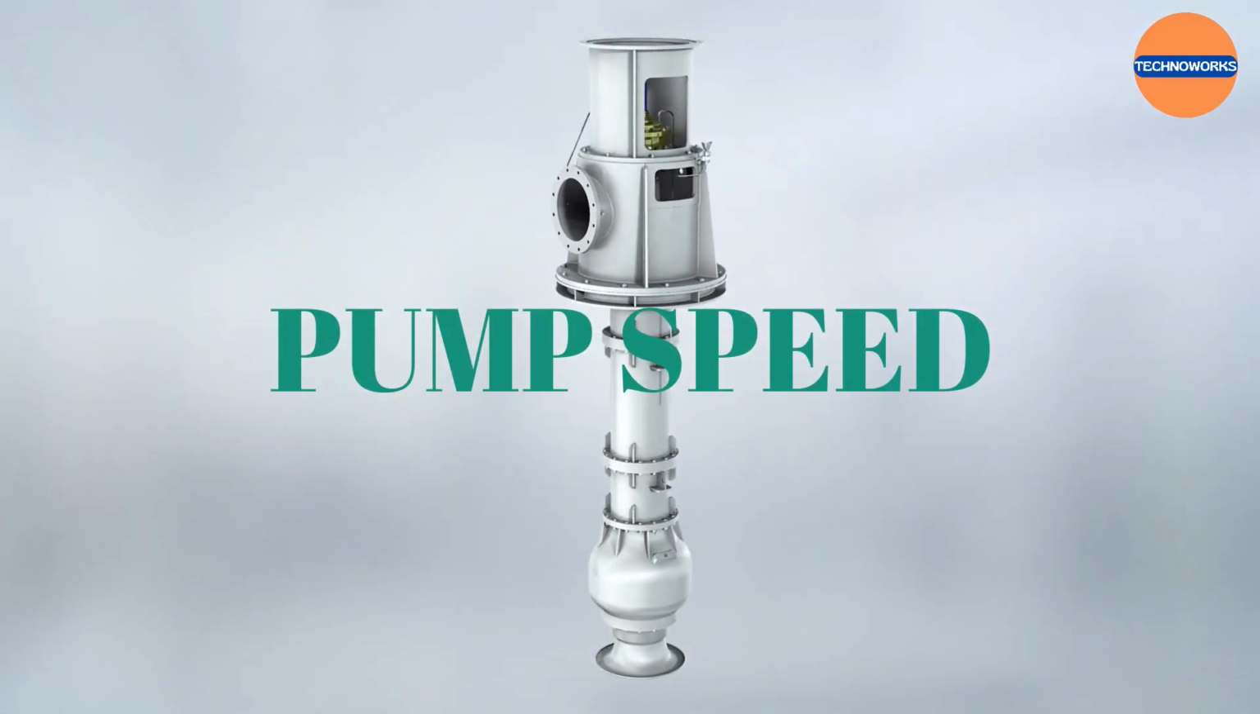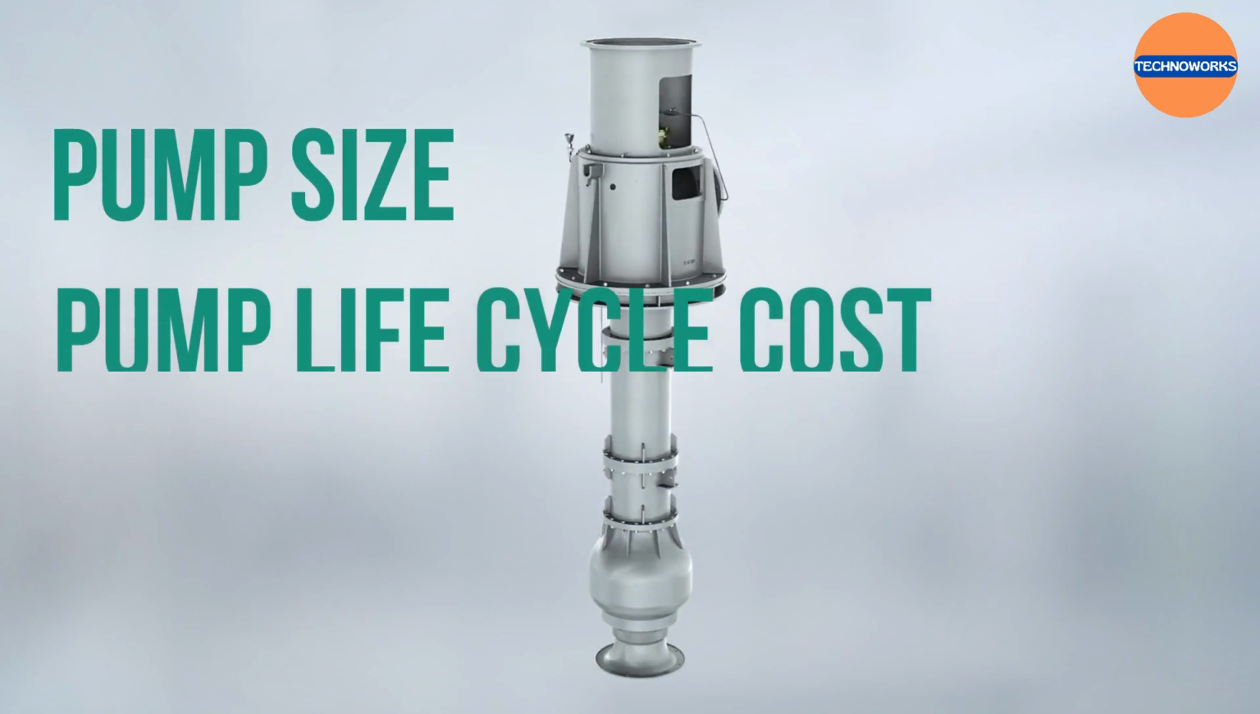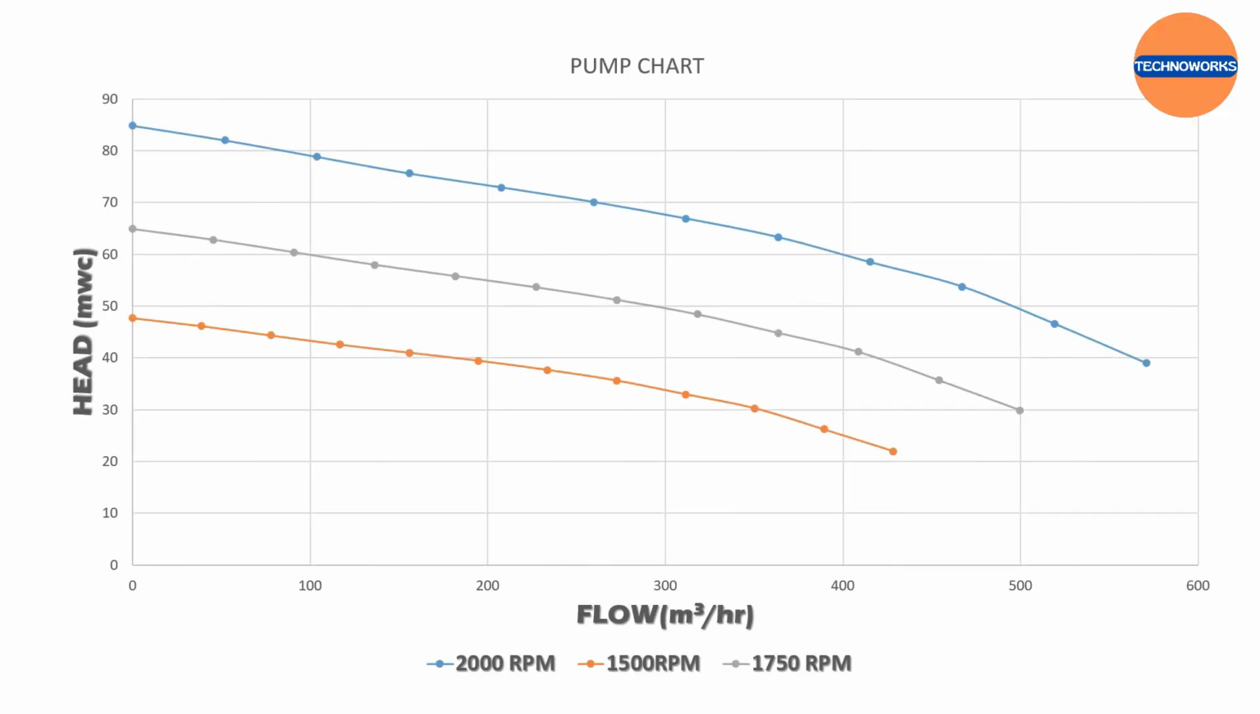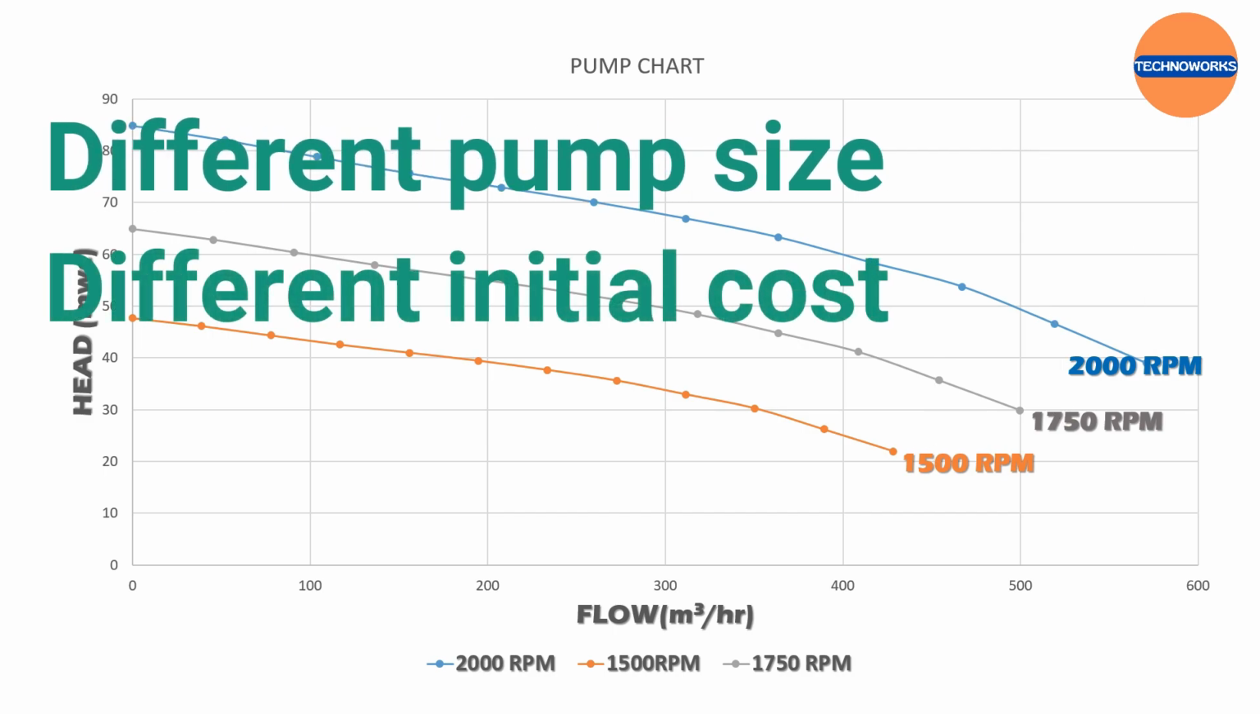Pump speed is the most essential parameter, since it governs not only the pump size, but also the pump life cycle cost. For a particular pump rating and configuration, more than one operating speed may be commercially available. Each of these commercially available speeds results in a different pump size as well as a different initial cost, operating